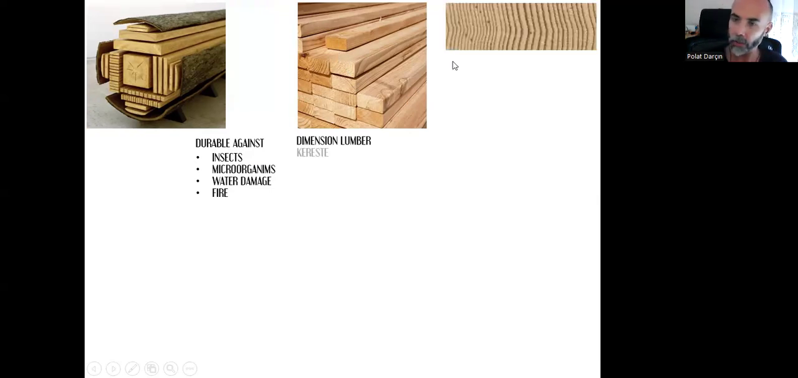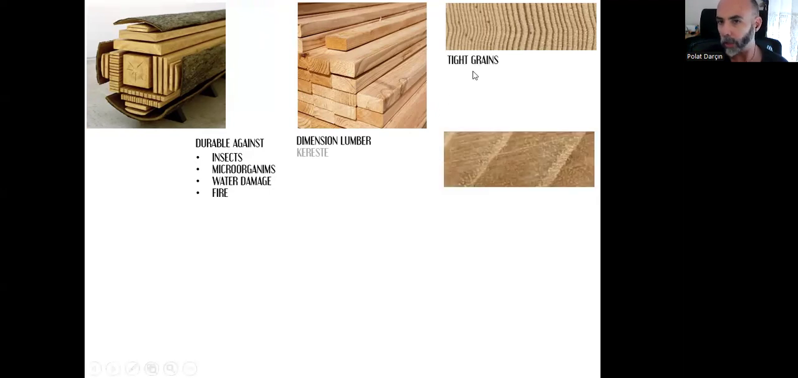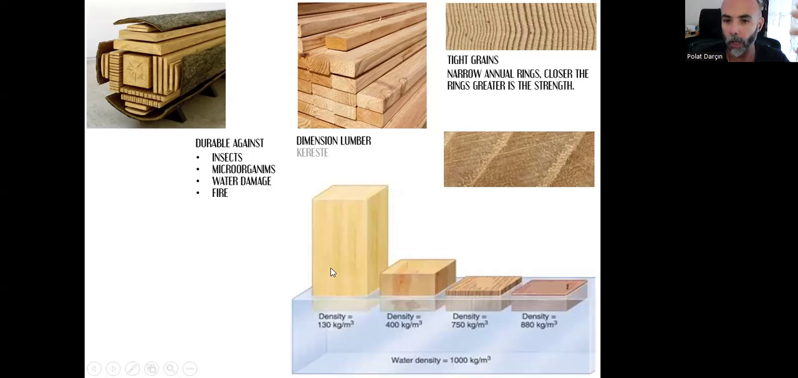You know, the growth rings, based on the properties of the tree, the type of the tree, and the conditions that it grows in, can either have tight grains, very close, narrow annual rings, or the opposite. And this is the first group, the tight grains. This is what we are looking for in structural material. And also we want high density